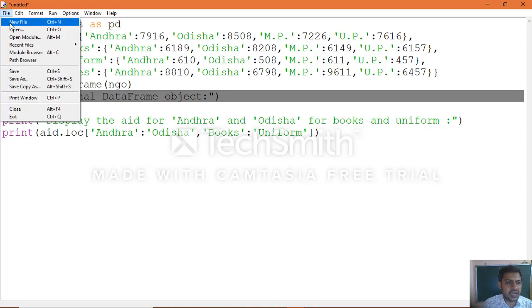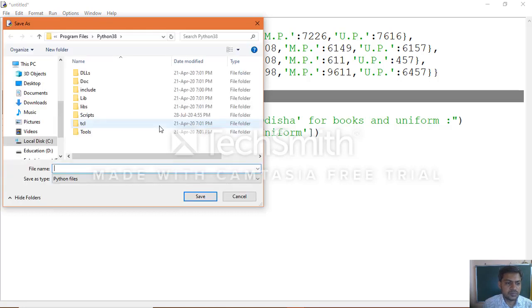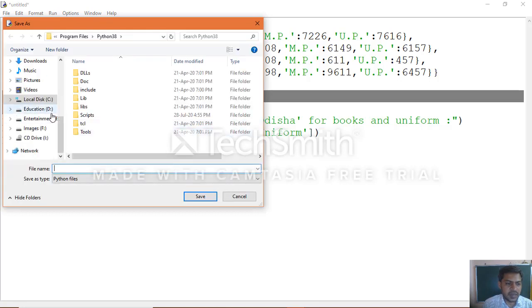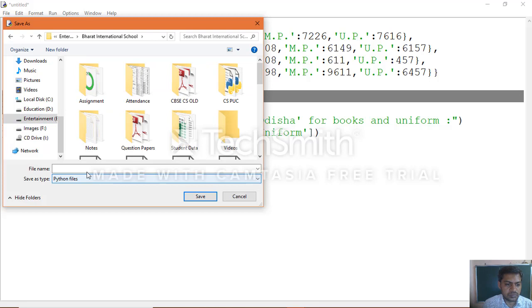Now save your application, save as, choose your compiler's accessible location, and name the file with the .py extension.